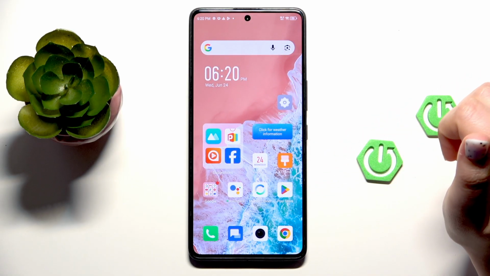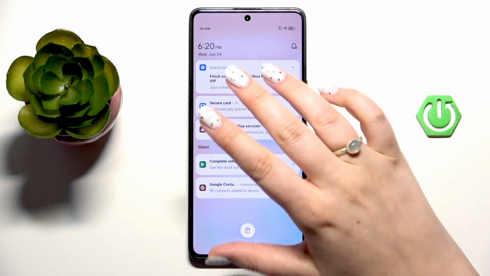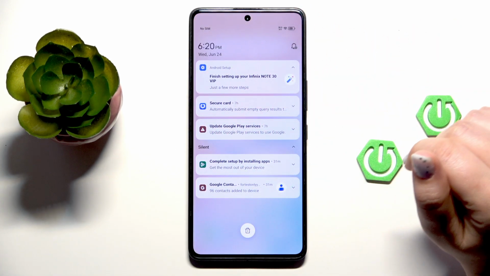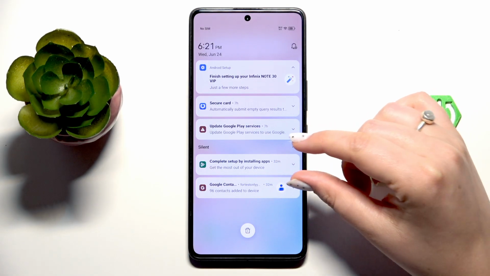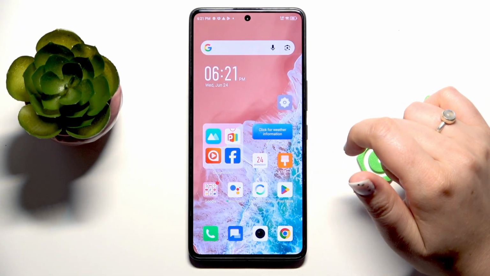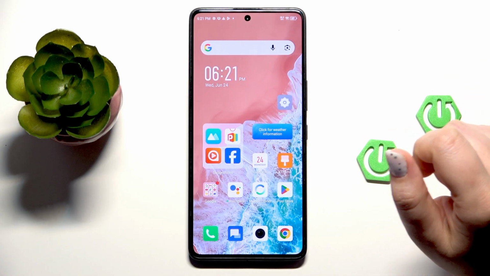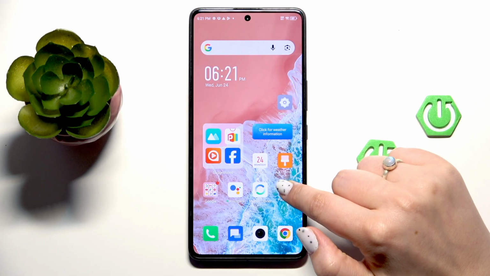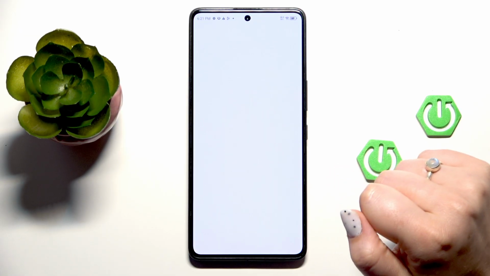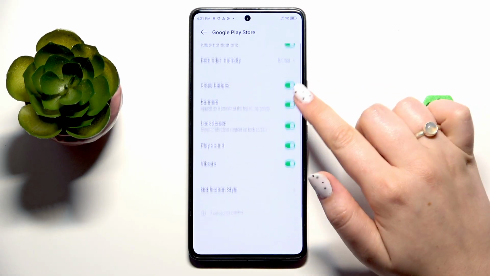Another thing that you can do is to get rid of the advertisements that appear right here in our notification center, because nowadays some apps will show us the notifications, the ads in the notifications here. So for example, let's pretend for the purpose of this video that I'm receiving a lot of notifications from Play Store. So just tap on it and hold it and tap on App Info. Here go to notifications, and